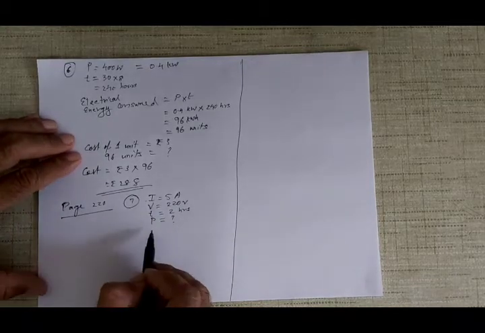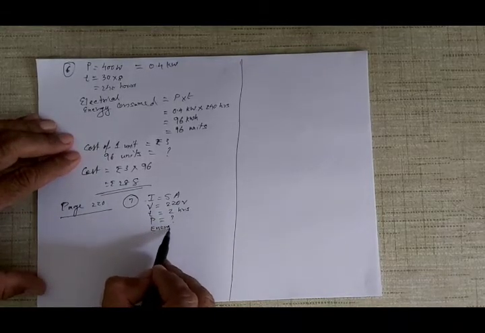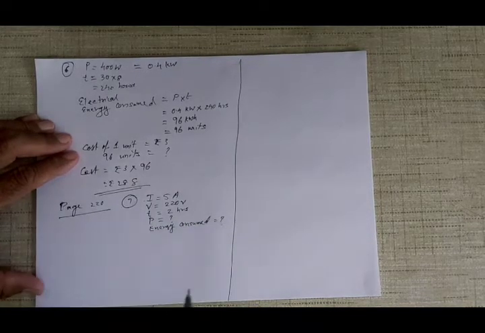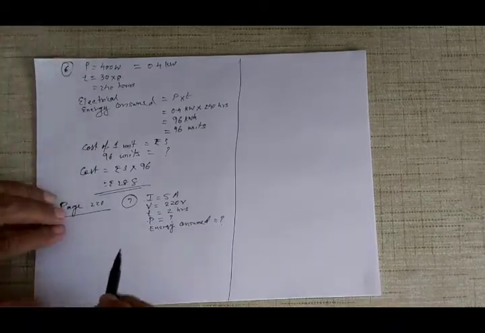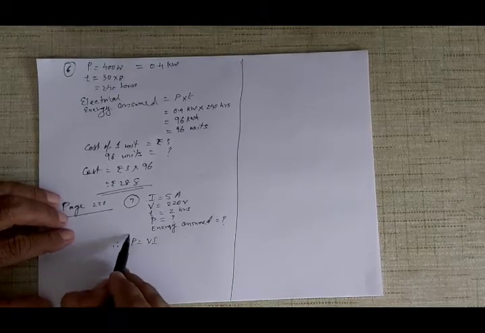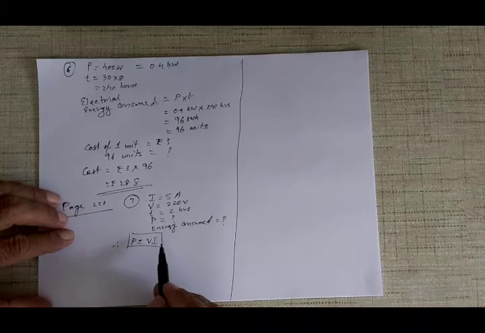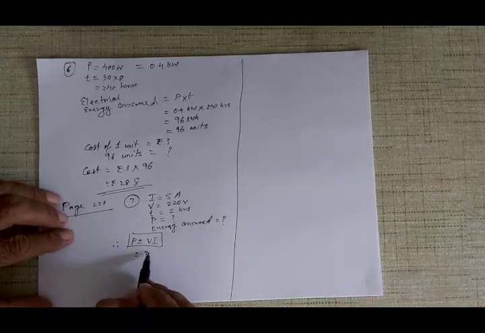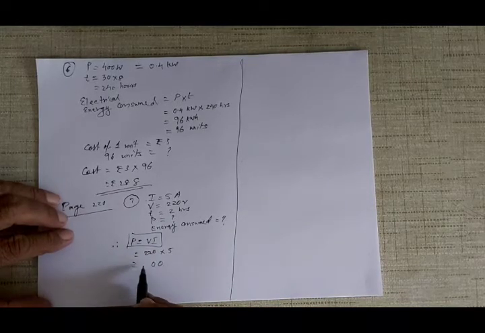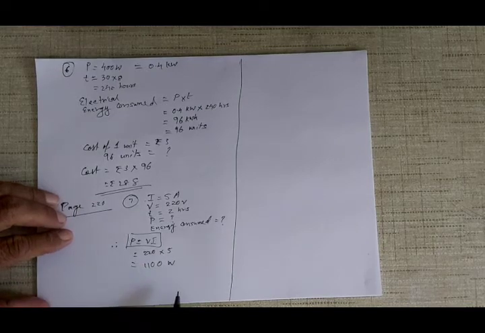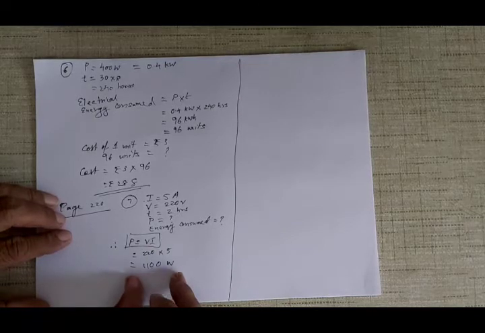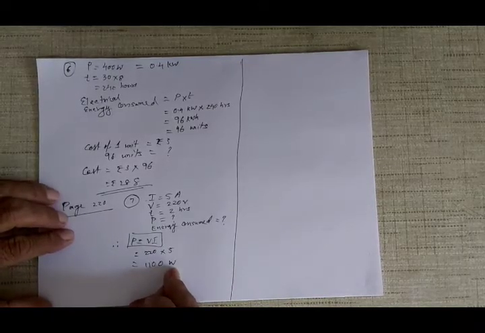So you want to find energy consumed, and you want to find the power. First of all, V and I are given. Therefore, power is equal to V into I. Again, if you don't know this formula, then there is a problem. Now V is 220 and I is 5. That gives 1100 watts, not kilowatts. Remember, this is volts and amperes, you get watts. 1100 watts of power is consumed.